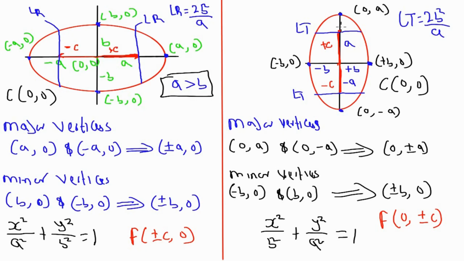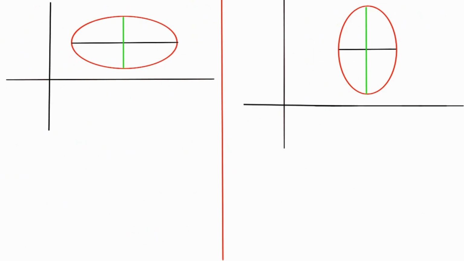Then after that, we will make our summary for you to be able to identify or distinguish them. Let's consider an ellipse that is not centered at the origin. So now on the board are two ellipses that are not centered at the origin. These are the most common problems, especially when it comes to exam questions. At this point, you have to be very, very sensitive. Like I said, after this, we will consider a summary so you can see the difference between them in